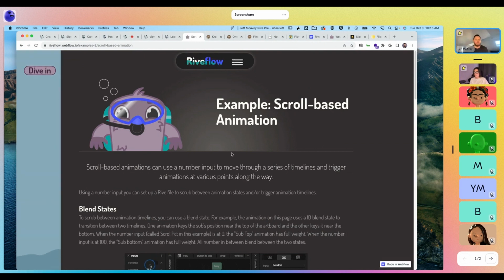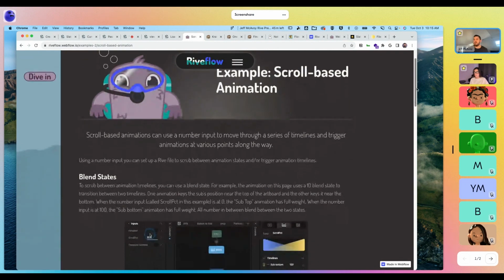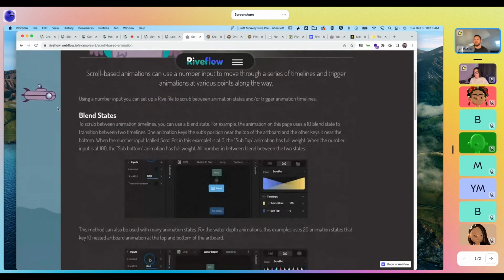One of the things a lot of people are familiar with is scroll-based animation with Lottie animations, which I think is a really great use for Lottie. But with Rive, what you can do is continue to have animations happening even when you're not scrolling. If this were a Lottie, if I stop scrolling, the file would just sit still. In this case, the propeller continues to spin, the periscope is going to continue to search back and forth,